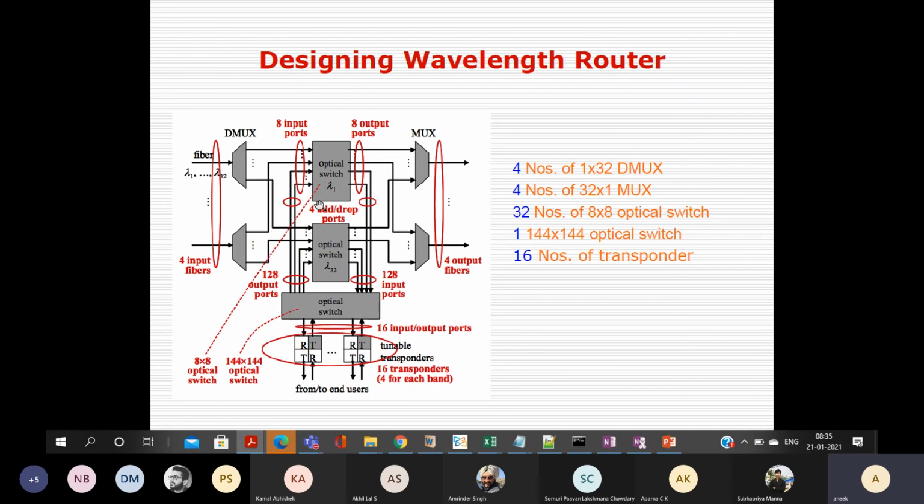As we know, you have 4 outgoing fibers. So you have the provision in the optical switches so that you can generate 4 λ1 wavelengths that should go to the λ1 switch, and you can send them to 4 different outgoing fibers.